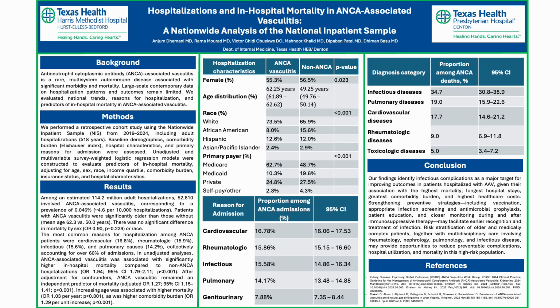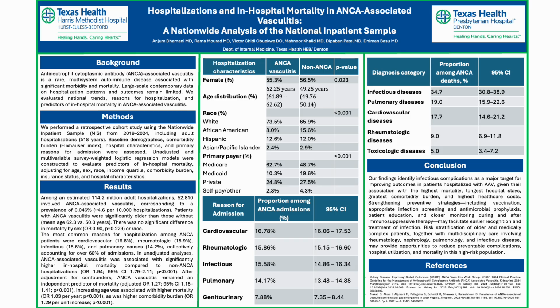We also found that these patients tended to be older, were predominantly white, and nearly 80% were treated at teaching hospitals, highlighting the complexity of the care required. Now let's move on to Table 2. That's where we found the reasons for their hospital admission. Cardiovascular diseases, rheumatologic reasons like flare-up of the disease, and infections accounted for the most common reasons for their hospital admissions. We then asked a different question: which of these patients actually died?